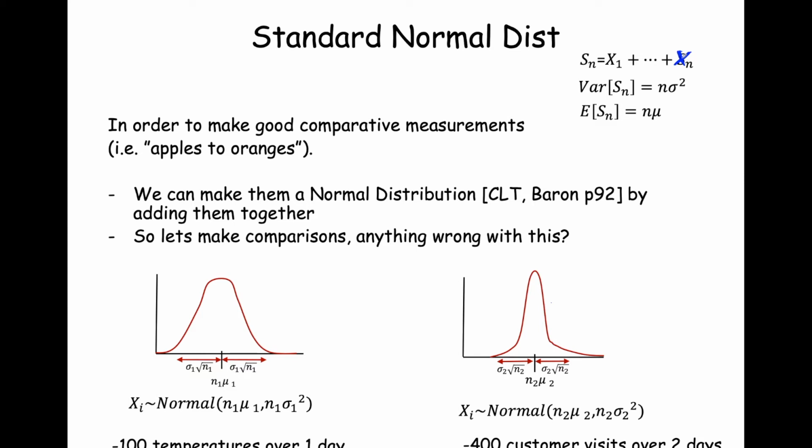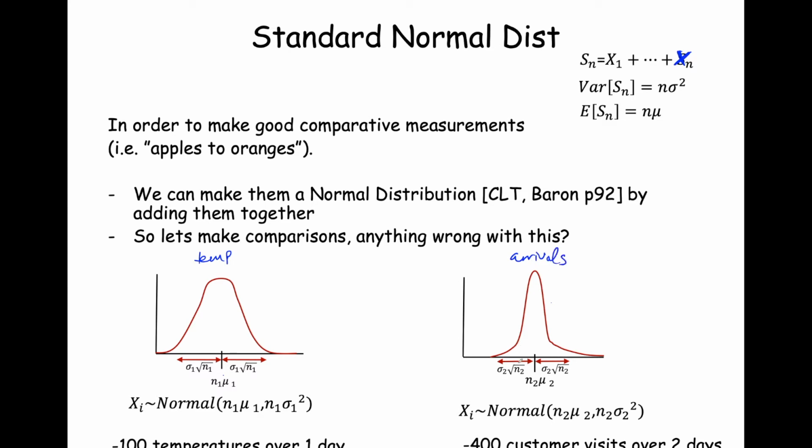Okay, so before we pressed pause, we asked if there's anything wrong with making comparisons between these two systems, the 100 temperatures over a day and the 400 customer visits over 2 days. Well, for one, we noticed that the means are different. So the location of this first distribution, the temperatures, is different. And also the dispersion, the square root of the variance, sigma 1 times radical n1. That's just the standard deviation. That dispersion is much larger than the dispersion for the second,